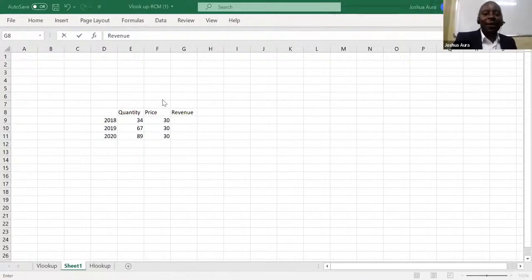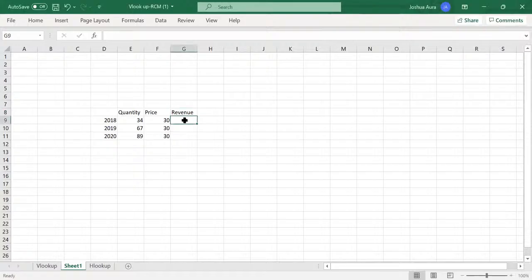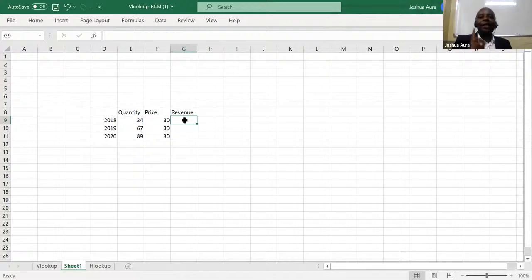It's telling me the selling price times the quantity. So take the selling price times the quantity. That is very good. Now then, ladies and gentlemen, if I want to get the first revenue, the 2018 revenue,